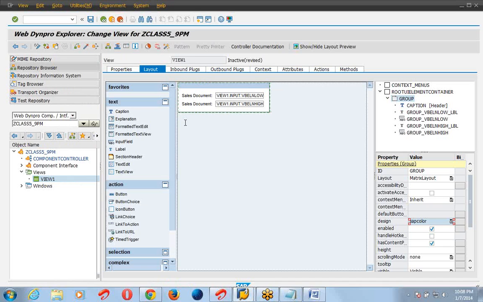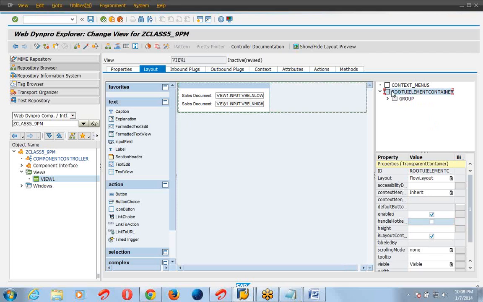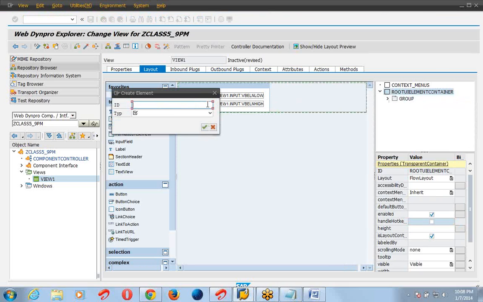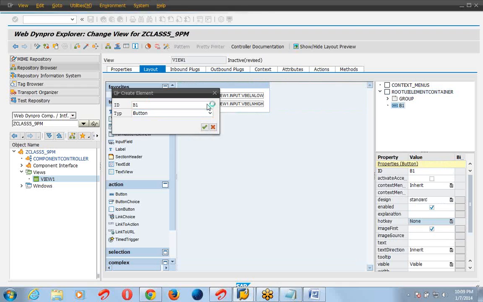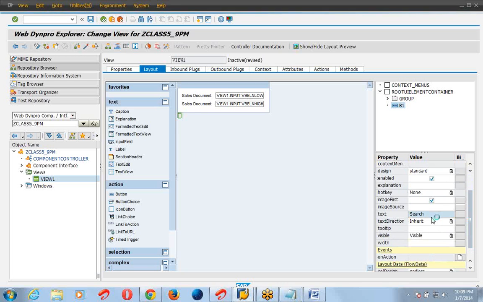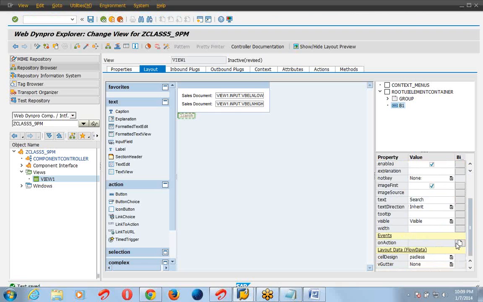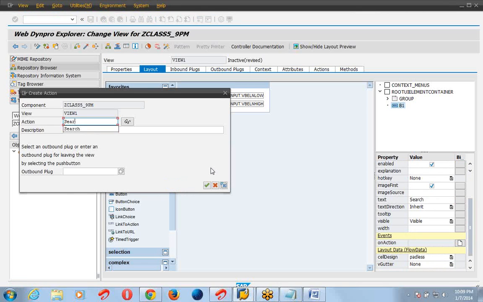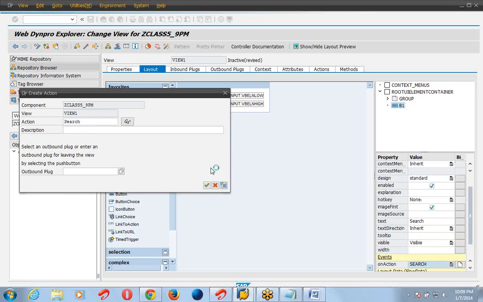Now I will create a button, search button. Insert button, text search, action search.